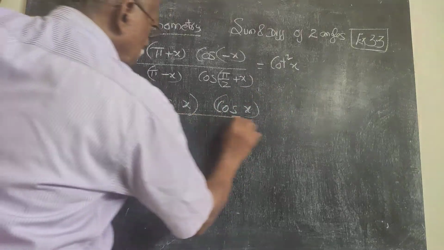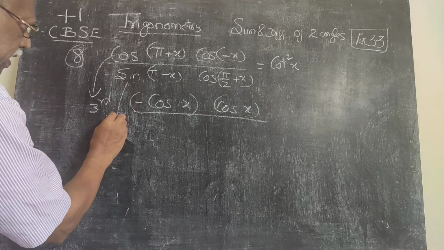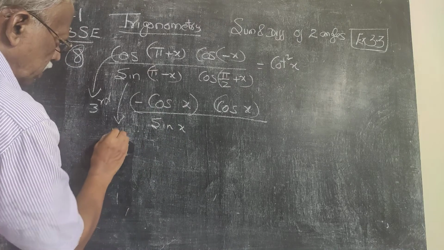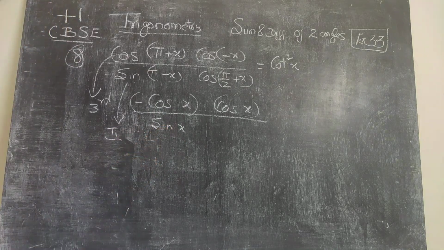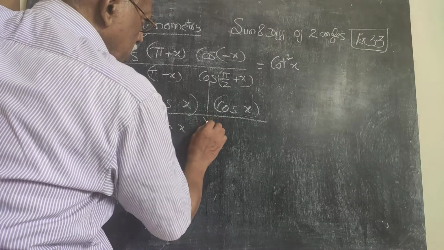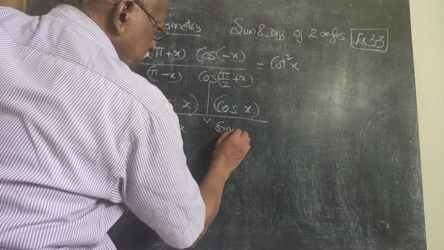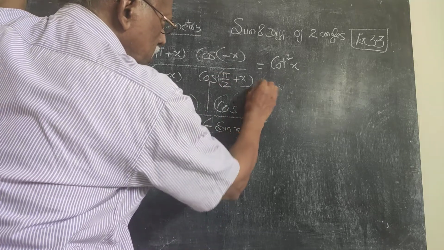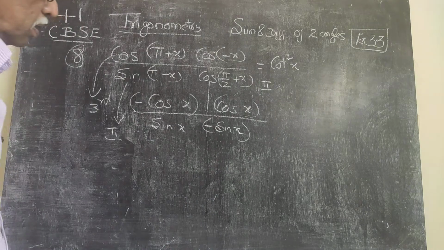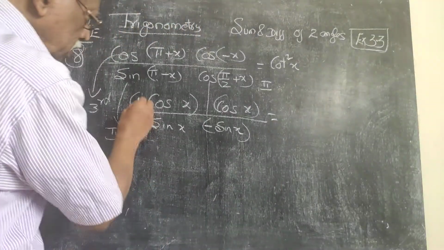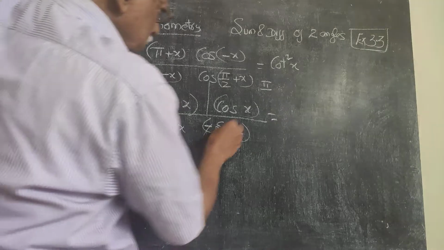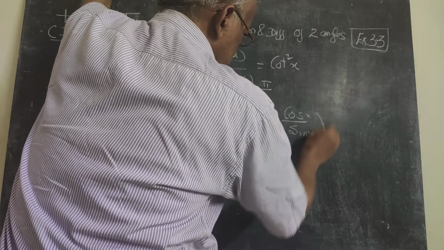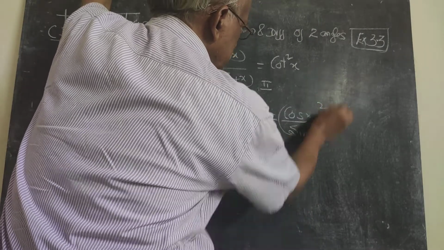Now the denominator: sin(pi - x). Sin(pi - x) is sin x, and this is in the second quadrant. In second quadrant, sin is positive. Cos(90 + x), therefore sin pi by 2 plus, so in second quadrant cos is negative. The result is that here is 1 minus, here is 1 minus. I can cancel that. Cos square x, cos x by sin x the whole square, which is nothing but cot square x.